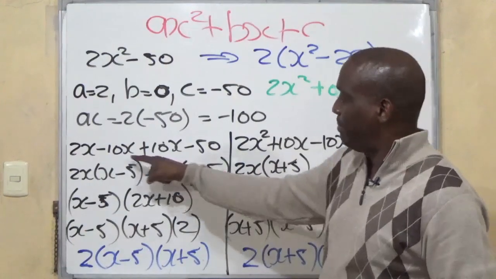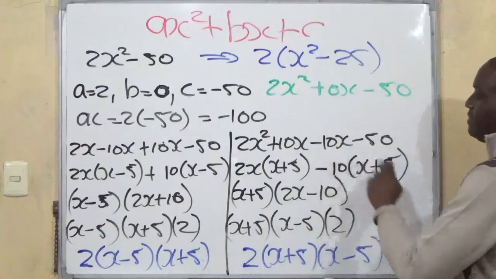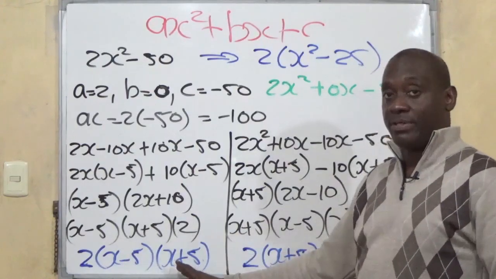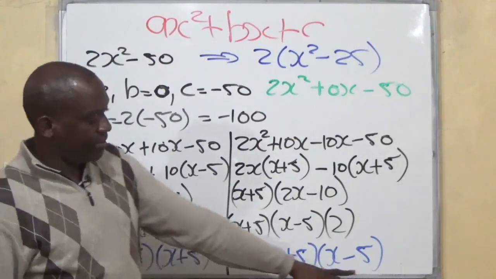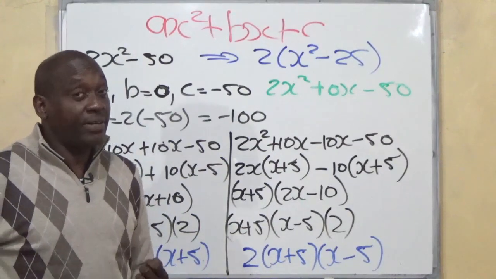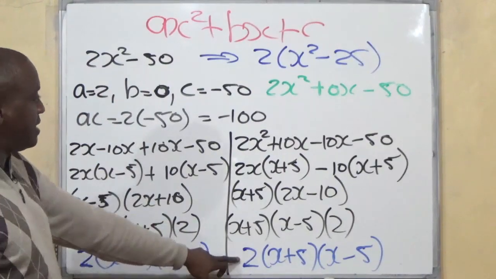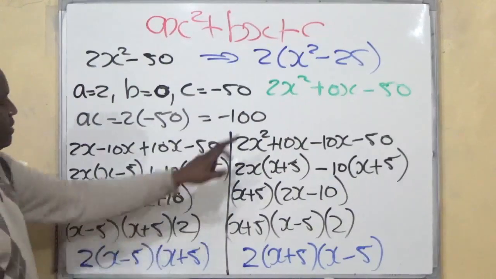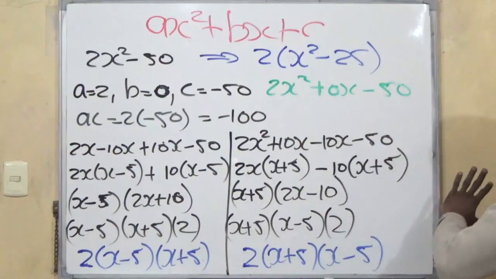So we were able to apply that either with the minus 10 first and the plus 10, or the plus 10 first and the minus 10 afterwards. And in both cases, the answer was 2 into x minus 5 into x plus 5, which we could also write as 2 into x plus 5 into x minus 5. What's the significance of that? The significance of that is that if you compare this answer with this, or you compare this answer with this, then using basic logic,